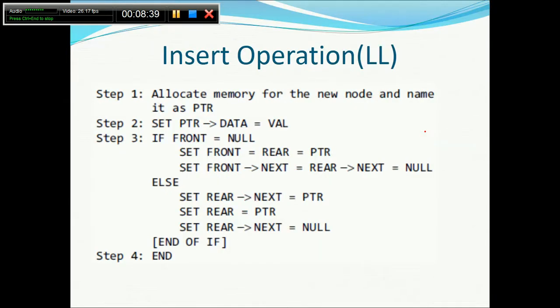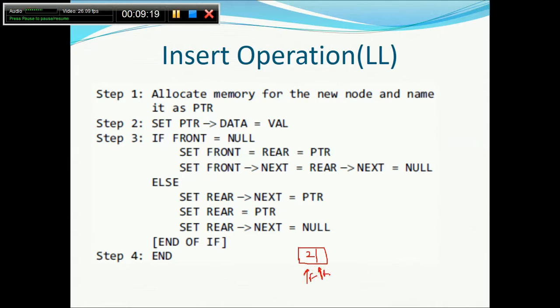Now we'll see the linked list implementation of this algorithm, and then we will try to finalize a complete algorithm. So just take this example first. It says allocate a node, so I allocated a node memory, then put up the data. Suppose I put up the data as 2. If front is equal to null, currently the front and rear both are equal to null. So what it says, front and rear is equal to PTR. So front would be here and rear will be here.